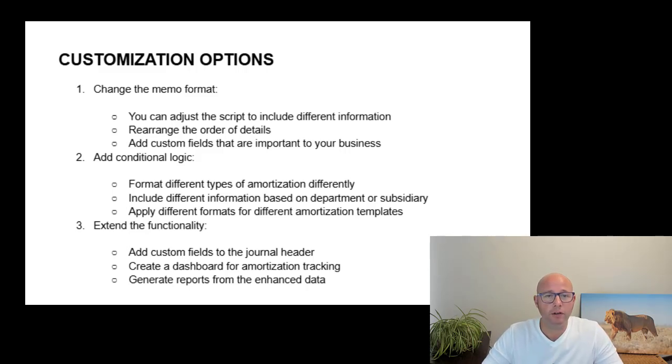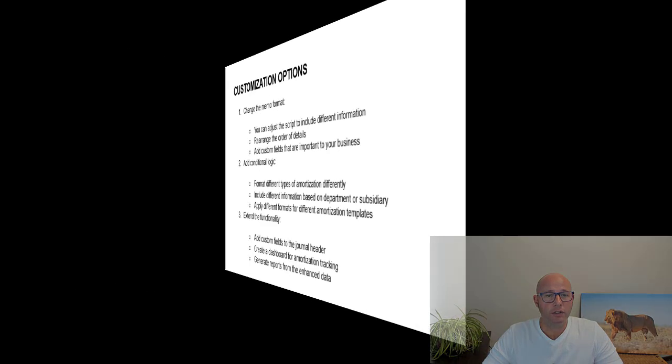For example, format different types of amortization differently. Include different information based on department or subsidiary or other classifications. Apply different formats for different amortization templates. And then lastly, extend the functionality. For example, add custom fields to the journal header, create a dashboard for amortization tracking, and generate reports from the enhanced data. I hope this demonstration has shown you how to solve a common NetSuite limitation with custom amortization journal